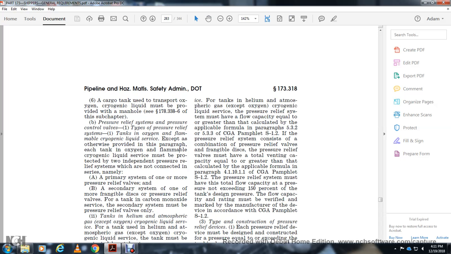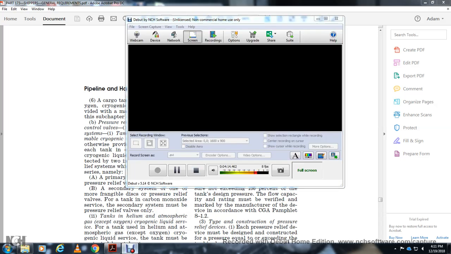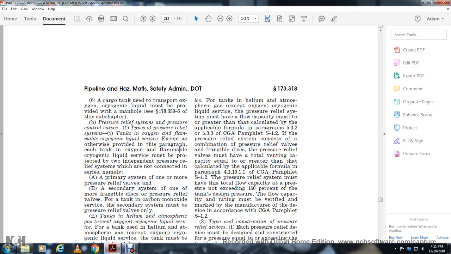Alright, continuing: a cargo tank used to transport oxygen cryogenic liquid must be provided with a manhole, with 178.333, subchapter of the pressure relief valve. Pressure system, pressure control valve: type of the pressure relief system for the tank for oxygen, flammable